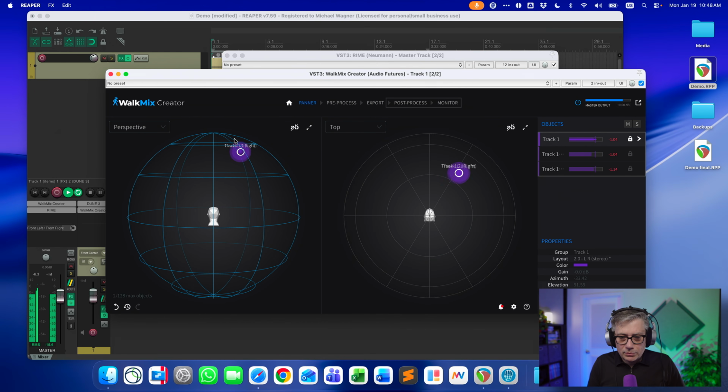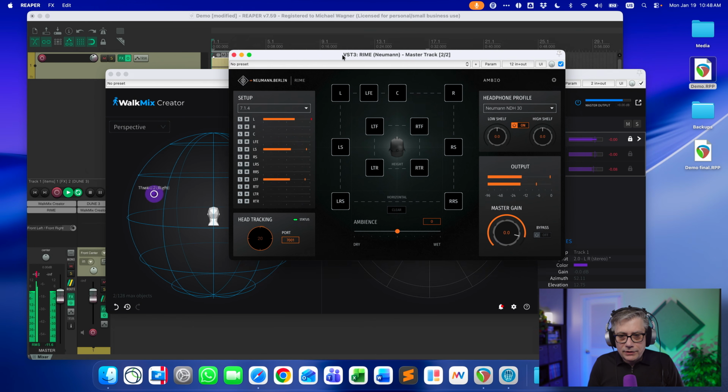Let's go back into the positioning here. Now, obviously, you're not going to see the head move now because we are not tracking via the Walkmix Creator. We are now tracking via the Rime plugin.